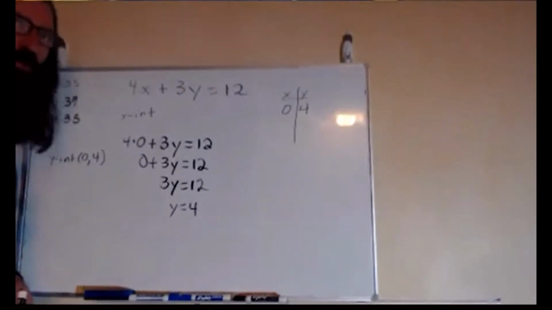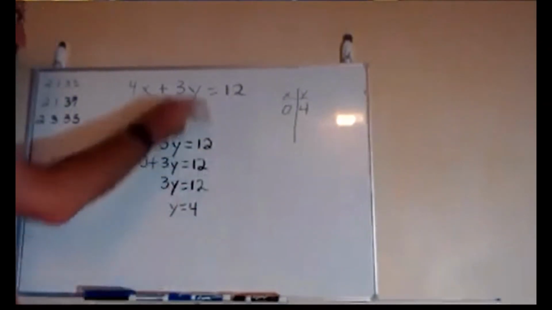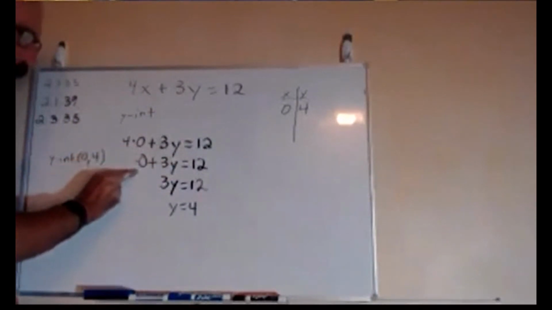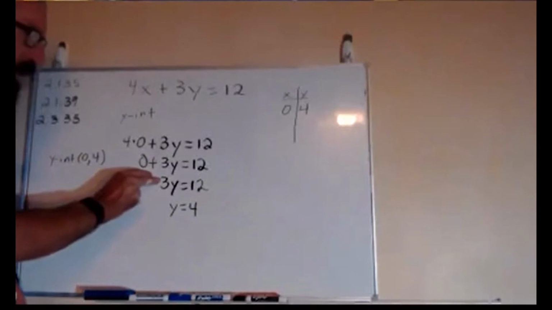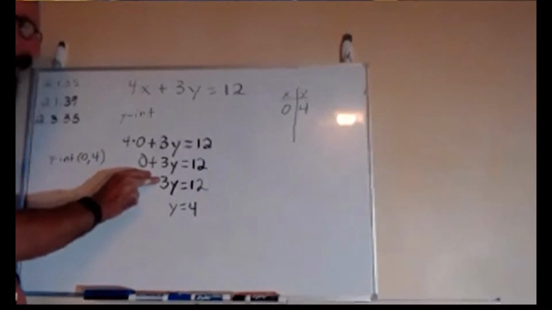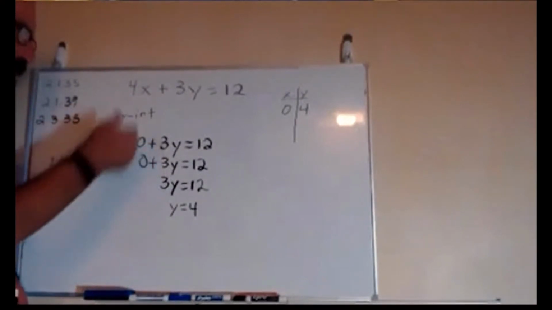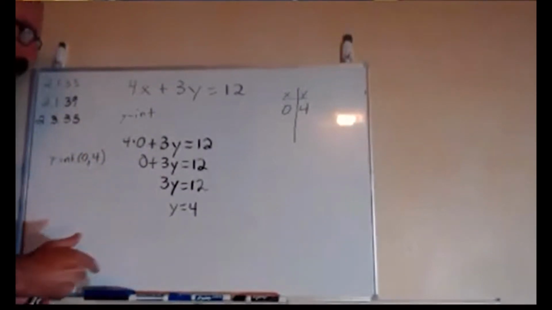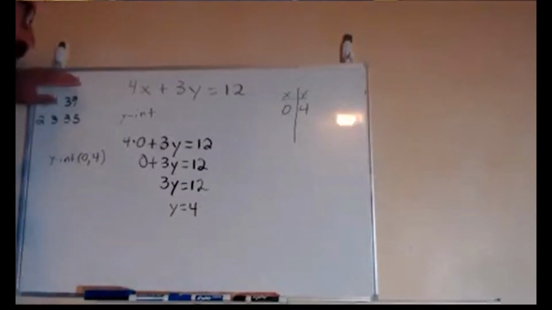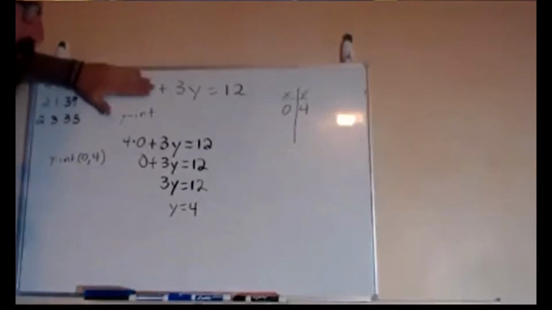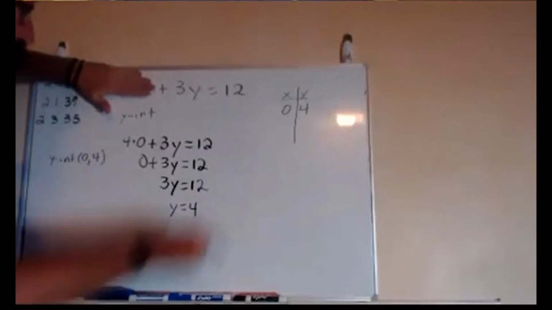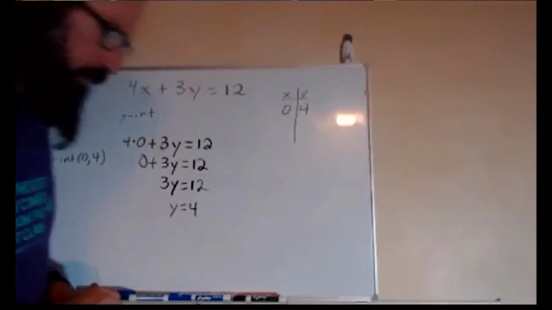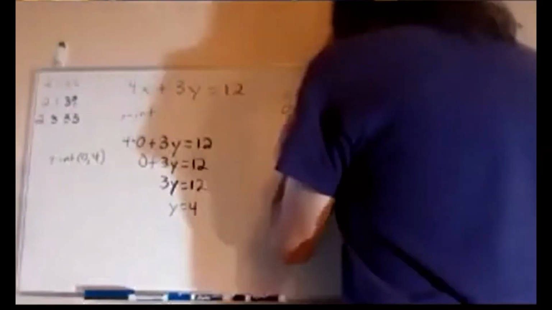When you're putting in 0, when you're finding intercepts, you can actually make the work easier because we know what something times 0 is and we know what 0 plus something is. You have to be a little bit more careful with what I'm about to show when you have some subtraction involved, but basically this idea could still be used. When I was finding the y-intercept, basically I was covering up the x term, solving 3y equals 12 to get y equals 4. So now if we put in